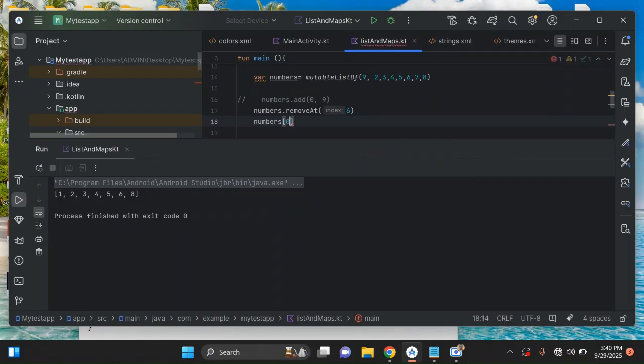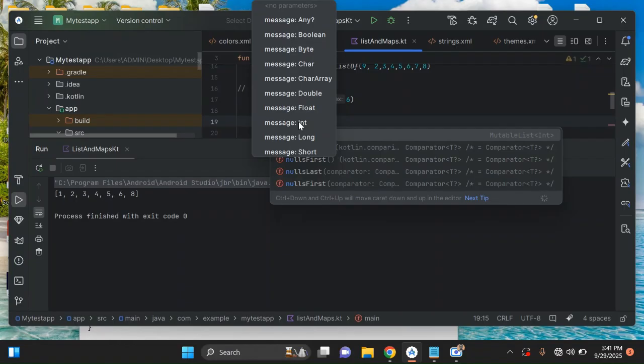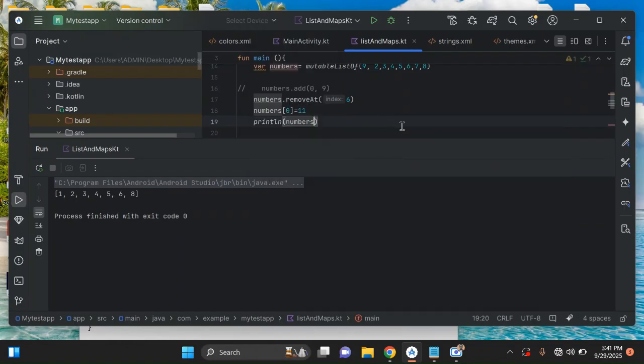So we want to change index 0, which is the first item, to, let's change it to 11. So if we print line numbers, you discover that 9 is gone, and in place of 9 we have 11. So you can see that's how to work with